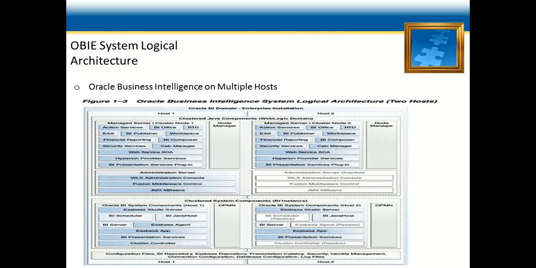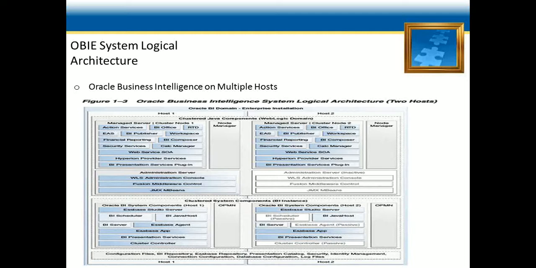So these are the differences between both. Here I have Oracle Business Intelligence on multiple hosts. You can have OBI on multiple hosts. As I told you earlier, the scale out option is there in the enterprise installation. So from that you should think that multiple hosts are going to be achieved with the help of only the enterprise installation type. So you can have a guess. If you perform enterprise installation, then OBI can be installed and configured on multiple hosts.